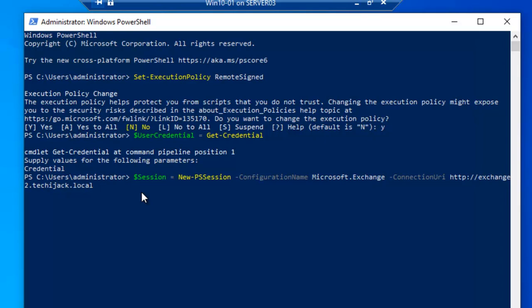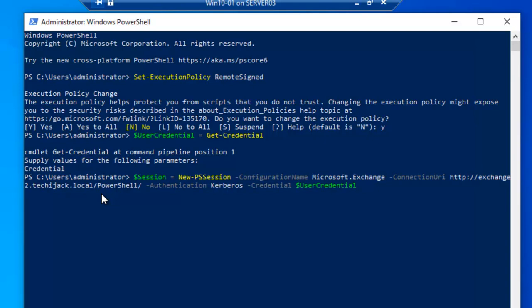We are on the inside, we are just connecting from inside the domain, so I'm using http://exchange2.techiejack.local, and the full URI is /PowerShell, with the authentication method Kerberos, and Credential is the user's credential.